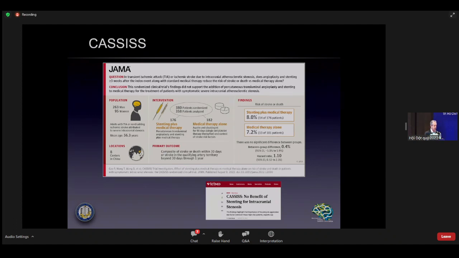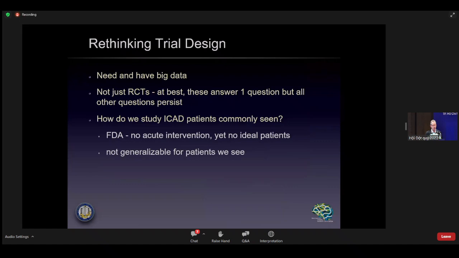Now, the difficulty is that when you compare the medical to the stenting arms, there's not much of a difference. That's good news in terms of the fact that both rates are lower. So those historical rates are different historically than the much higher rates that we heard from Sampras and other studies over the years. So I think there have been improvements in stenting. The challenge now is how to demonstrate which patients are most in need of endovascular therapy. So we have a lot of data, and we will have more trials that are coming online very soon. I think that there has been a revival.